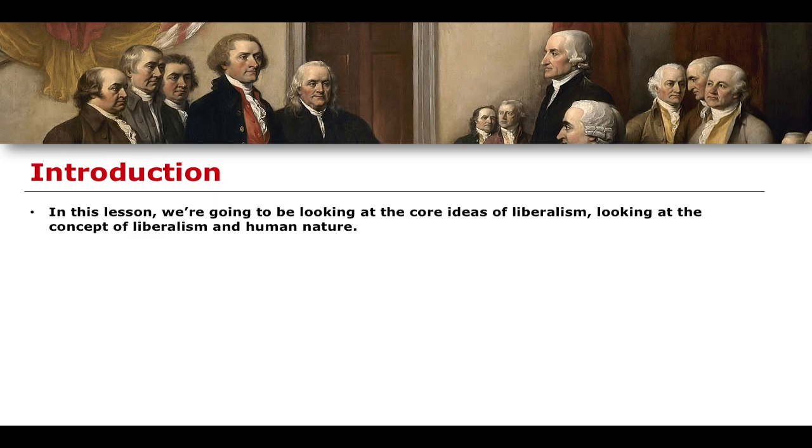Because fundamentally, a lot of people, when they study political philosophy, or at least when they begin their studies in political philosophy, seem to get it into their heads that what they are talking about is the ways in which the state works, or the idea of democracy, or the concept of economic justice, or the concept of political justice. And these are all obviously very important ideas within political philosophy, let's not get that twisted. But what's also important is the ways in which people think, the ways in which people view the world, and how they ought to view the world.